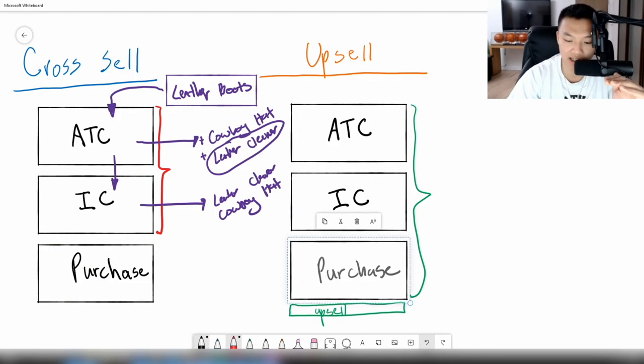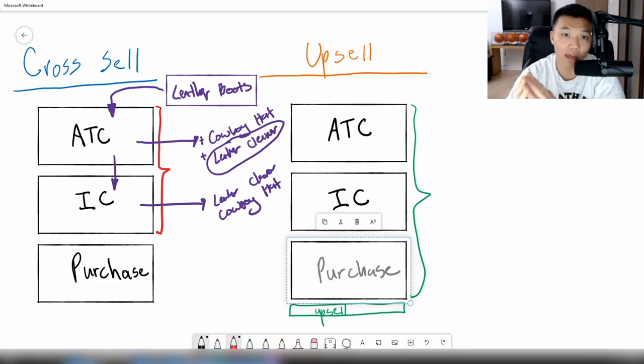It's basically just a suggestion to add something to the cart or checkout process that you wouldn't have added otherwise, and you can mix some promotions in it, right? Hey, you checked out these leather boots. They're in your cart right now. Well, guess what? For the next 24 hours, if you also buy this leather cleaner, we'll make it 50% off, right? That's a classic cross-sell with a promotion,